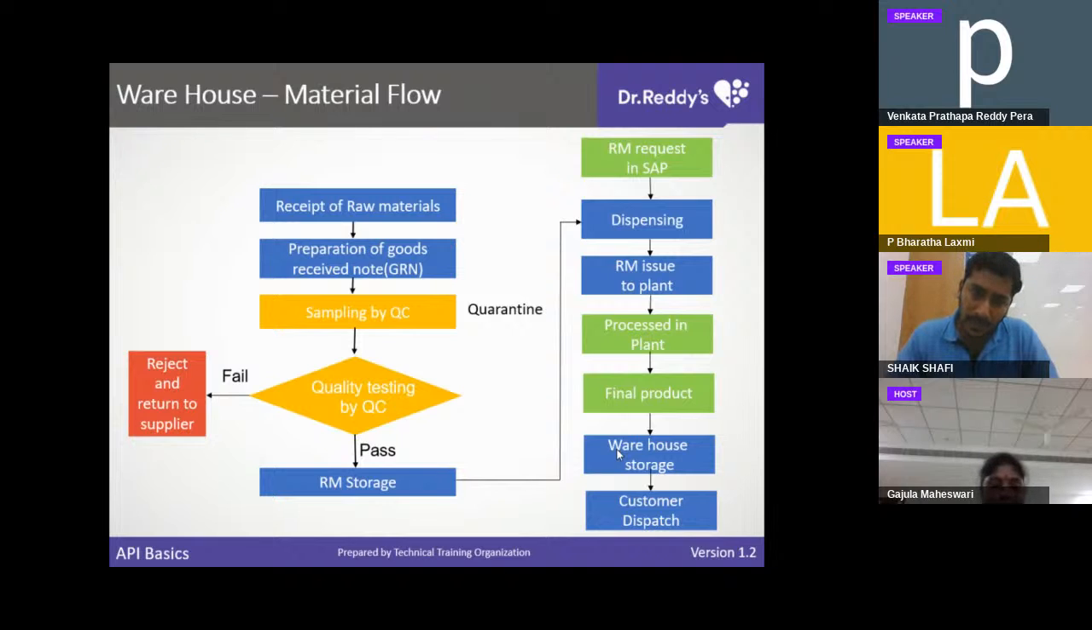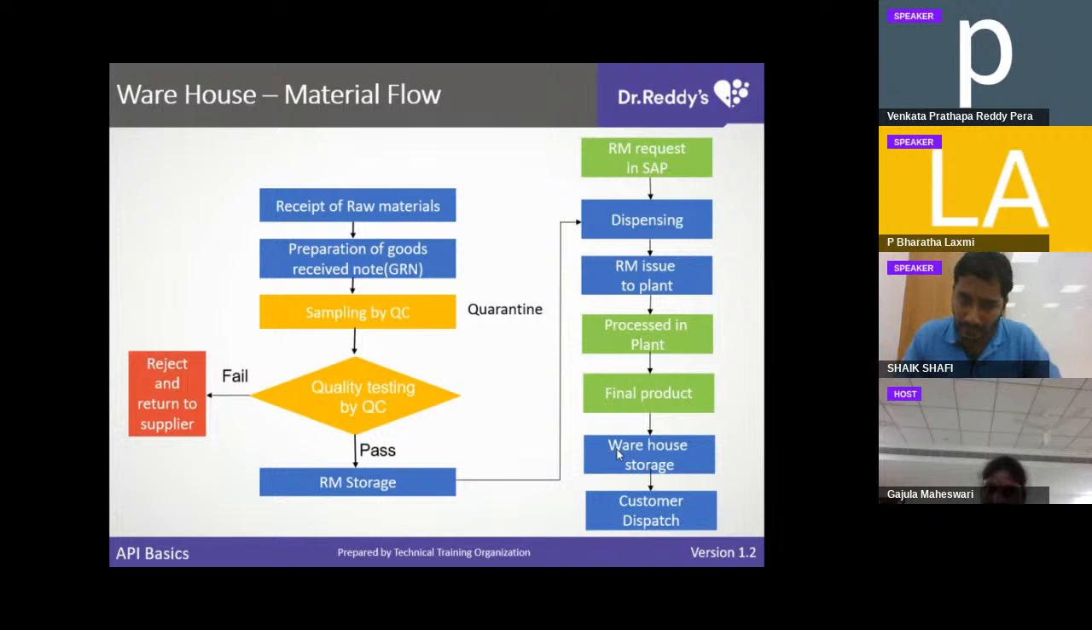Basically, after receipt of raw materials, warehouse people will prepare a goods receipt note. This is basically for any material received from the outside. GRN means goods received note. Then after GRN, QC people will come for sampling. If the sample fails, they reject the material and return it to the supplier from where the material came. Once it is passed,